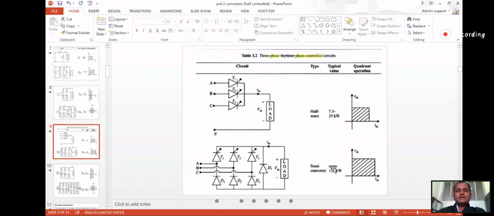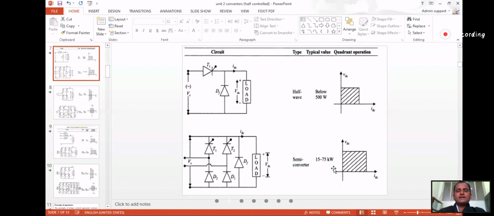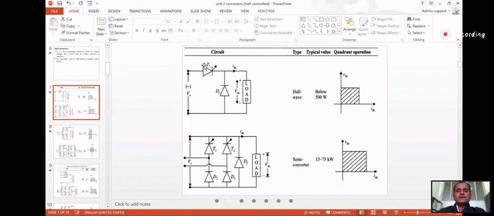So in this case also it's a controlled rectifier. The function is the same, but the difference here is that instead of a diode we are using the SCR. So we are controlling the output. With a diode we do not have control over the output; whatever the input is, the output will be the same. Here we are controlling the output with the help of the SCR. And this freewheeling diode helps if the load is an RL load. If it's purely resistive, we don't require the freewheeling diode.